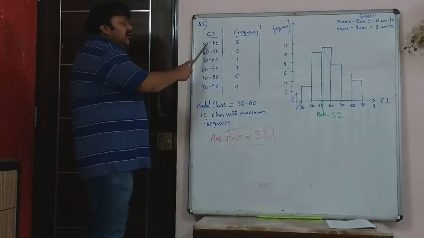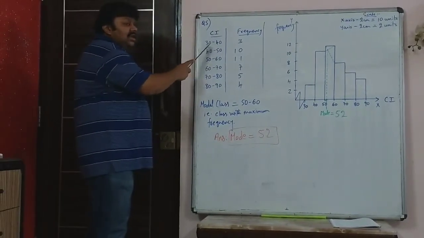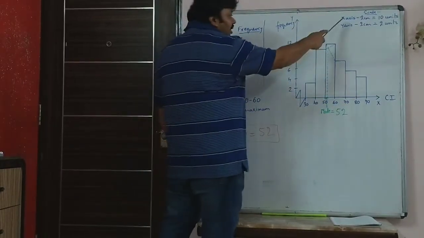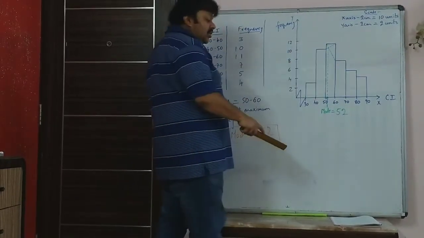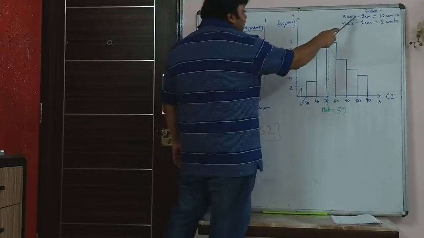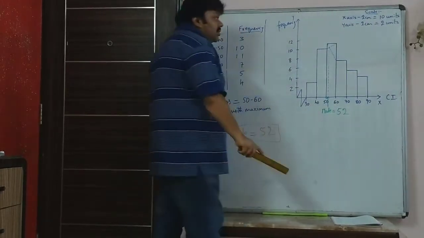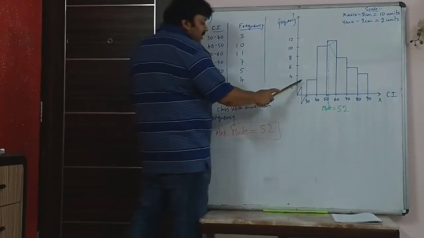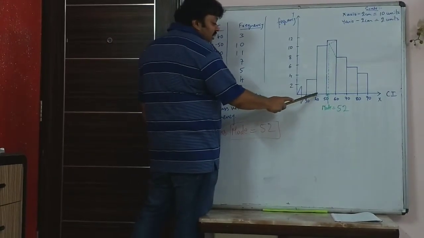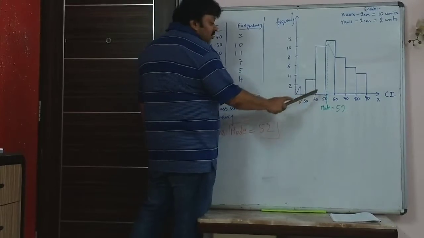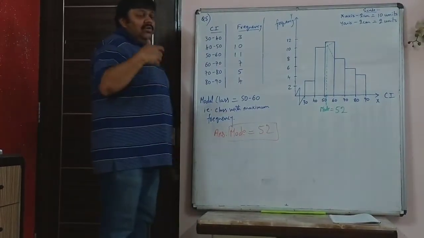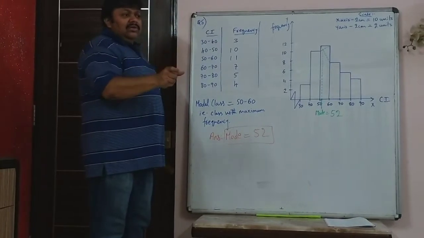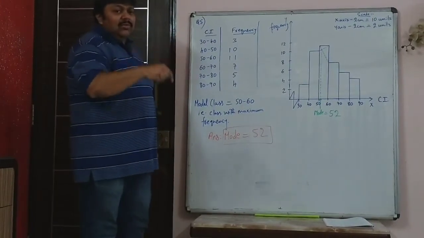Then we are taking a scale of 2 centimeter is 10 units on the x-axis. This is your x-axis. The scale has to be written on any graph. So I have written the scale: x-axis, 2 centimeter is 10 units. First a kink, then this is 2 centimeter, then this is again 2 centimeter. If you don't know what is 2 centimeter on the graph, just take your ruler and see which is 2 centimeter. There will be bold lines.